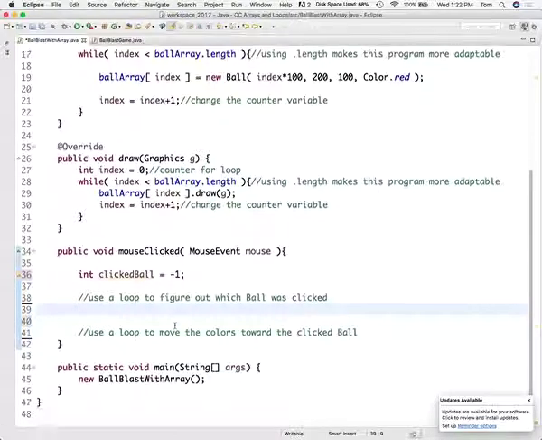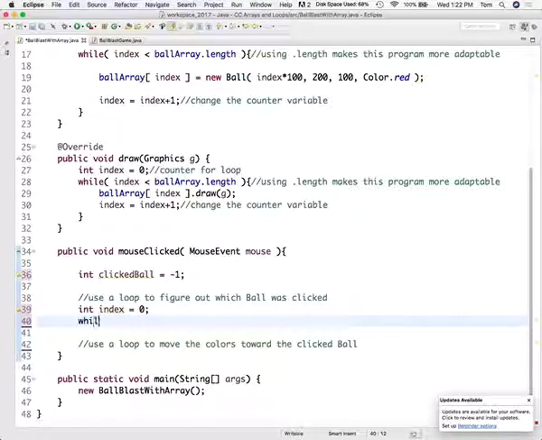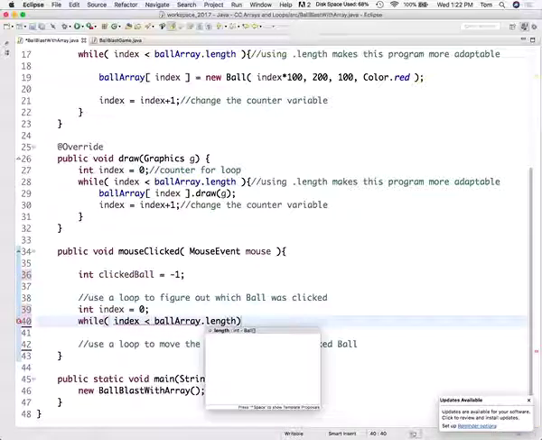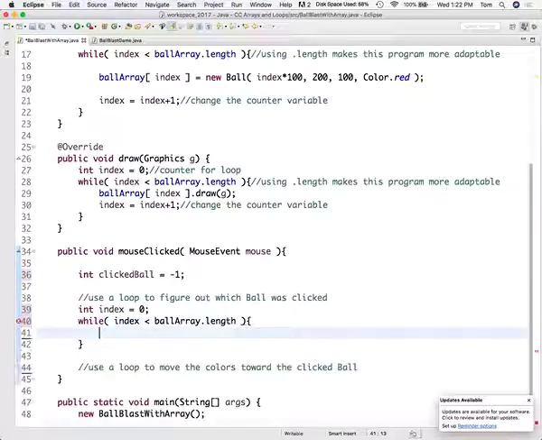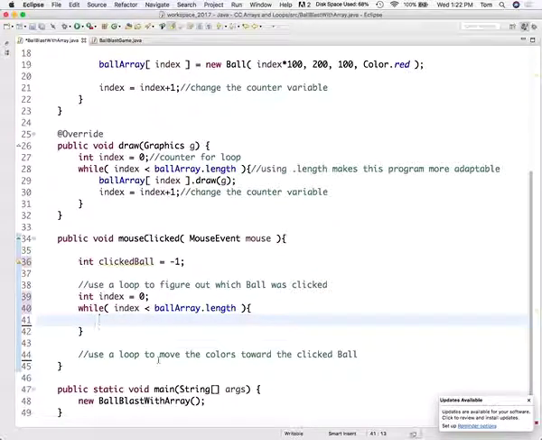And so to do that, we're just going to use a simple loop, right? We're just going to go something like int index equals 0, and while index is less than ball array dot length. Okay, so again, that's the same loop that we've been doing up here. But in this case, now what we want to do is figure out if the ball at index